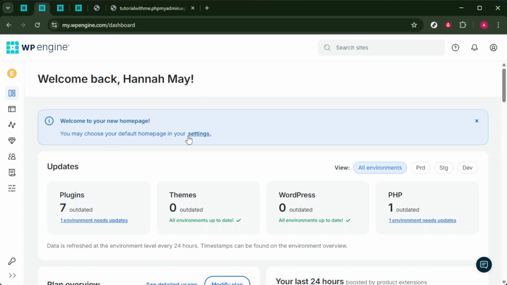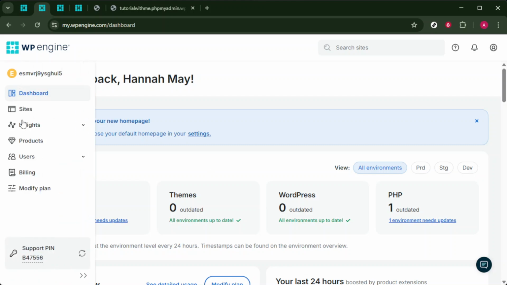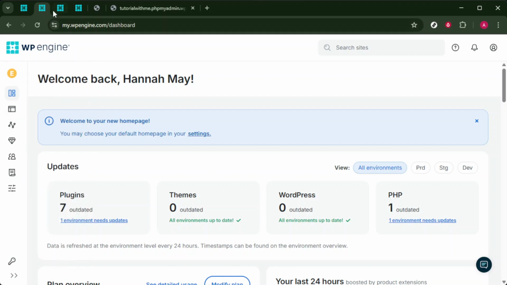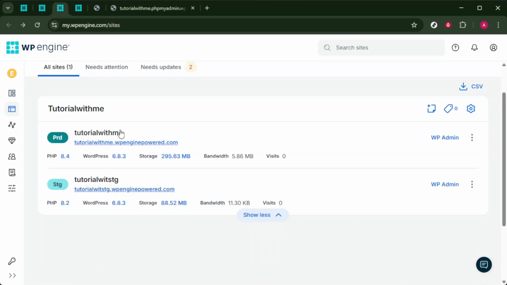Once you're in, the next step is to ensure that both Elementor and the WP Travel Engine plugins are installed and activated. These plugins are essential tools that allow you to design effortlessly and manage travel booking functionalities. Navigate to the plugins section in the sidebar. Here, you can add new plugins. Search for Elementor and WP Travel Engine, and if they're not already there, get them installed and activate them. This is a critical step because without these plugins, you won't be able to proceed further in seamlessly integrating travel